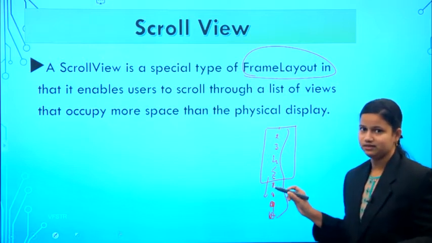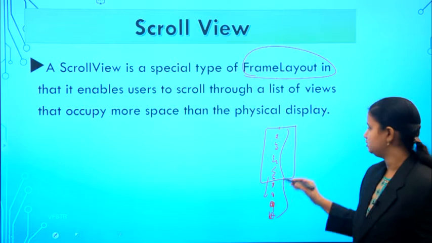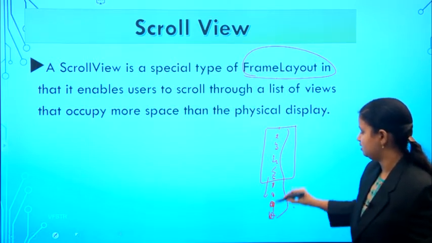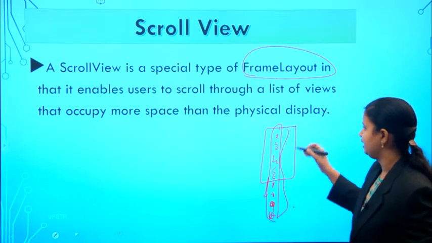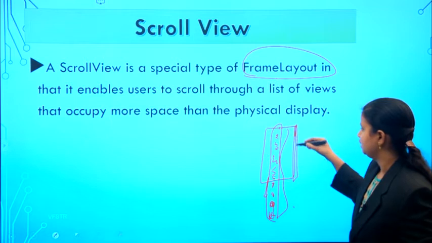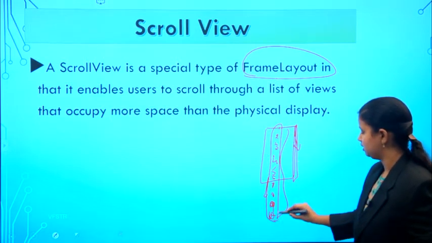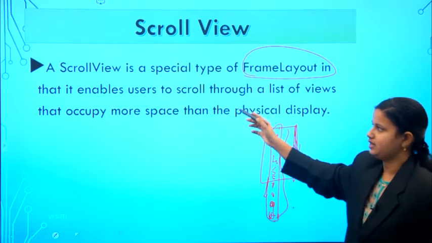I want to add more components than your activity space, so that it will display all these 10 elements by providing a scroll bar. Whenever you press the scroll bar, the list of views that is hidden will also be displayed to the user. That is the point.